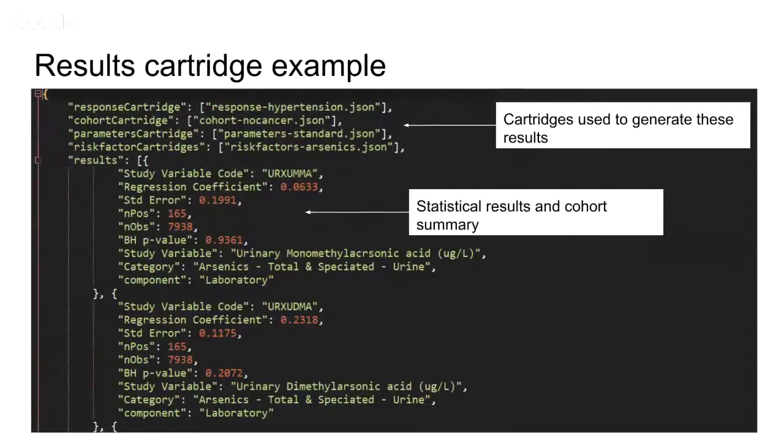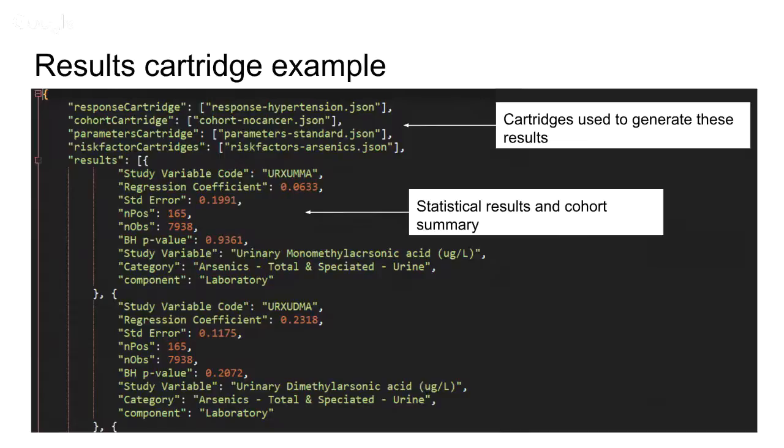Now this is a bit more complicated, but this is just saying, okay, once we've done all your modeling and you're writing it in a JSON format, what does it look like? First we have these three links that are used for the analysis. This is the primitive link idea, where we're saying, if you want to replicate these results, you need to use these specific cartridges. And they're also telling you the data for them.